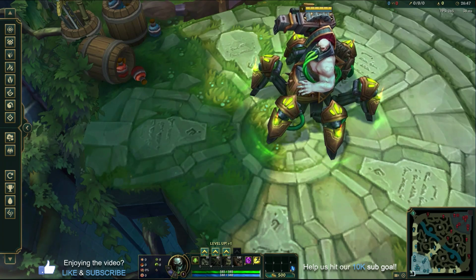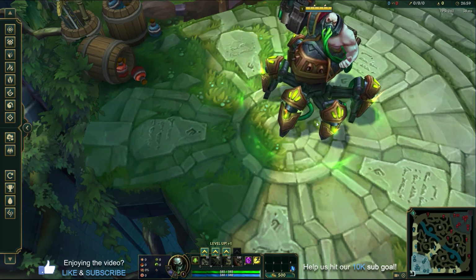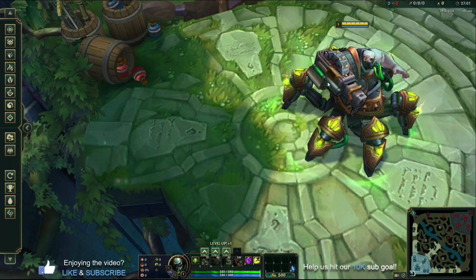Today we're going to be covering off an absolute nightmare of the top lane. His name is Urgot and he looks like this. Is that not super intimidating? Like, look at this character model. It's absolutely amazing. He's got legs with basically cannons on them, and he's got a massive minigun attached to his